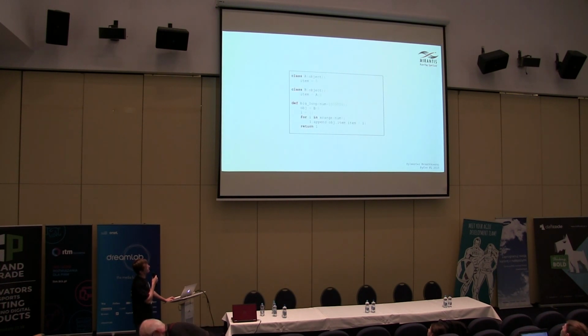And we have some example here. What we do here, we have two classes, A and B. B has an item which is actually an object of A, and we have some big loop function which iterates something, whatever it is, a million times, right? We have L append object.item times something. It doesn't matter actually, but